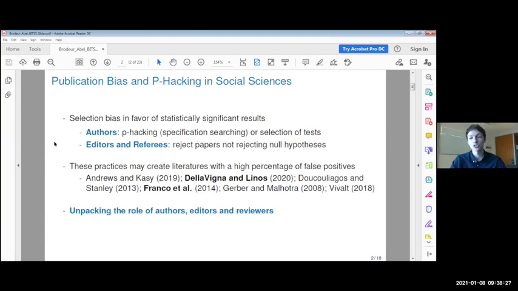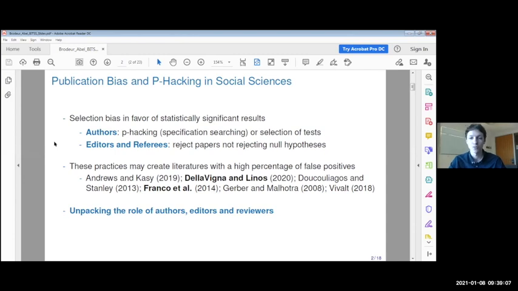Here, what we're going to try to do is to look at the distribution of test statistics for papers that are rejected. Some of them are rejected, and some of them are going to be accepted. We're going to try to understand at which stage we see a change in the distribution of tests. Is it that reviewers are the ones that really like statistical significance, or is it editors? Or is it the authors themselves that, in reaction to a belief that people really like stars, are going to be doing a lot of specification searching? Because of the nature of this project, we're going to be able to shed some light on this.